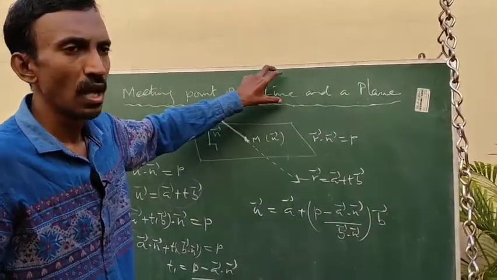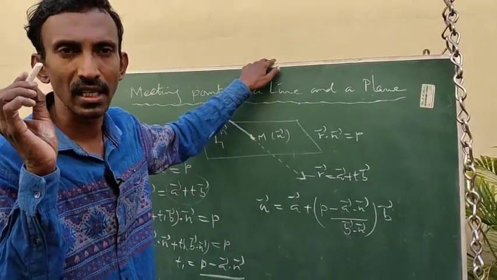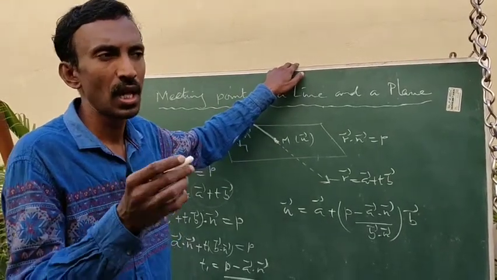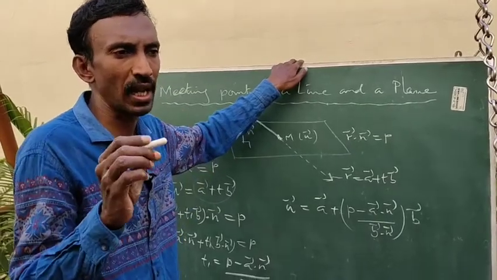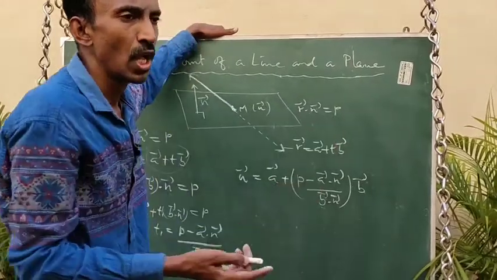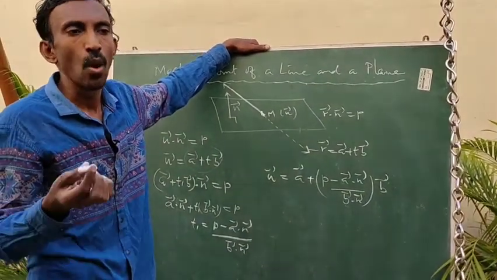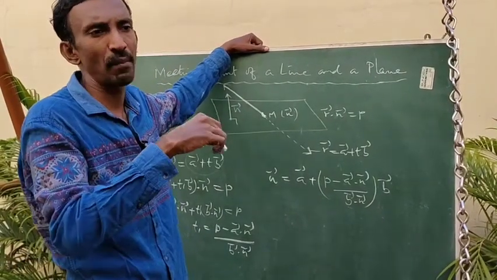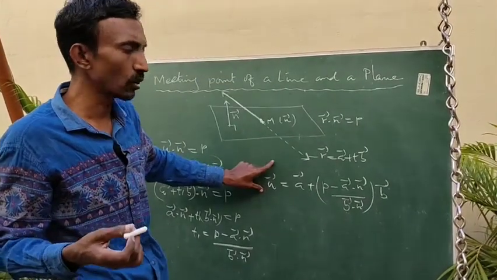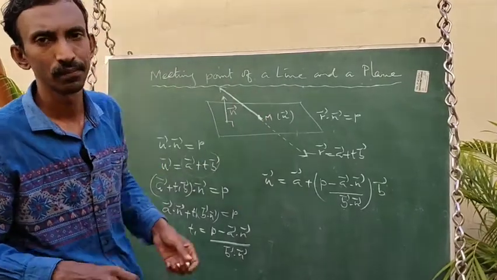The method is to find the general point on the line. First rewrite the straight line equation into the Cartesian form and assume it is equal to some scalar lambda. Write the general point on the line. For some lambda, it is assumed that it satisfies the plane equation. So replace that point in the plane. So lambda is eliminated. Once again keep the value of lambda in the general point. We are getting the meeting point. So no need to remember this formula. There is a separate method to find out the meeting point.